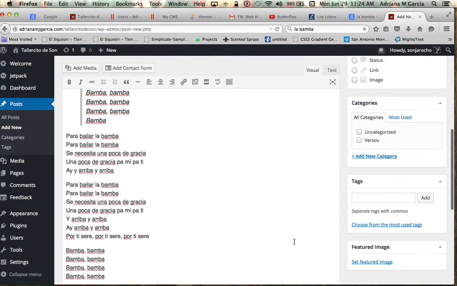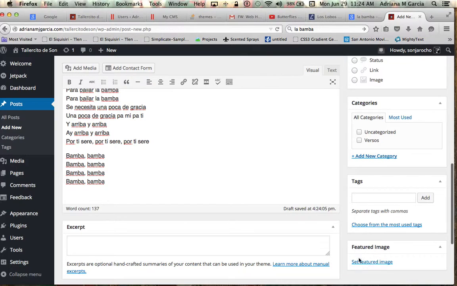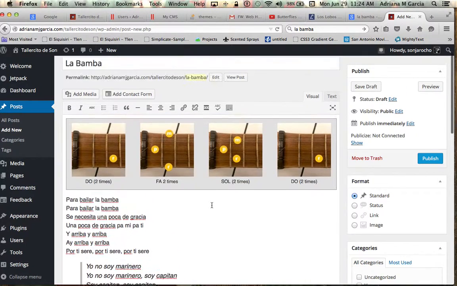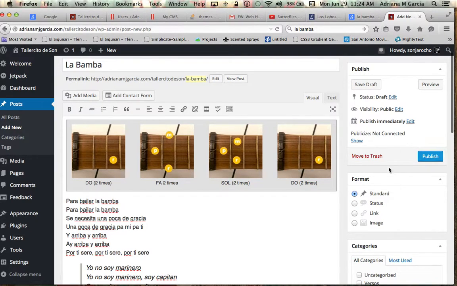Now, the last thing you want to do is put a featured image. The featured image is what, let's go ahead and publish. I'm going to go ahead and publish. I'll show you the featured image. So once you're done, you can publish it,